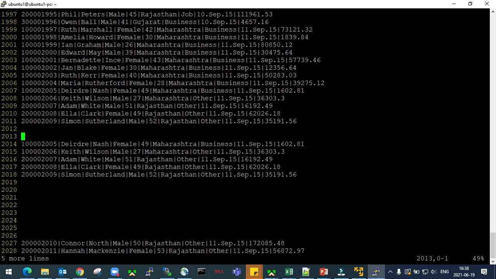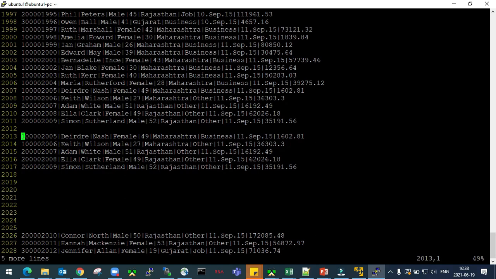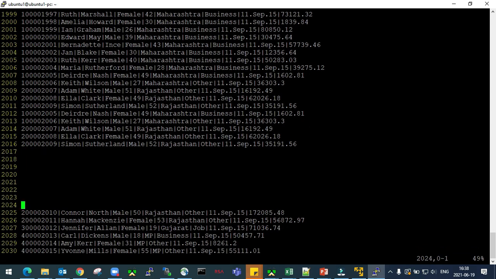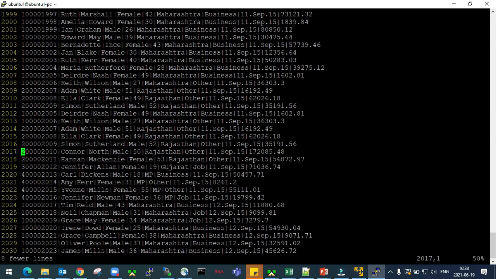And if you want to remove the blank lines, what you can do is just press DD and you can delete those lines. Now you can see how many blank lines we have over here: 1 2 3 4 5 6 7 8, right? So we can remove all those 8 blank lines in one go. Press the escape key, press 8 and press DD. All the 8 blank lines have been removed. And if I want to save this file, just press escape, colon WQ. That means save and quit.